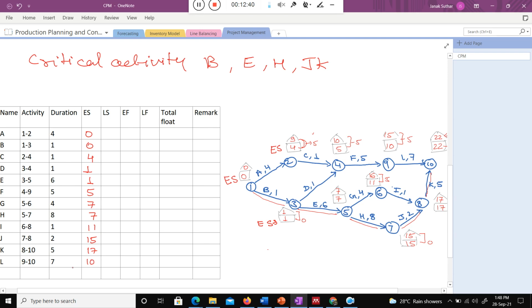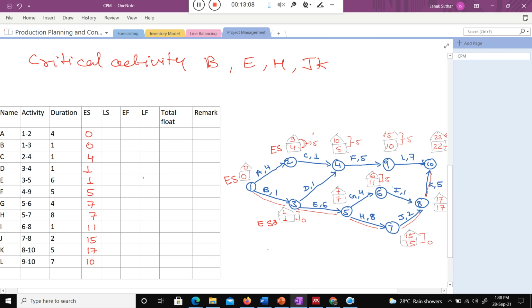So this is the early start of each activity, means when earliest you can start activity A, activity B, activity C, that indicates this particular number. Earliest start means I want to start activity C, so I cannot start now. The earliest start of the activity is 4. You need to wait at least 4 weeks to start this activity C. Are you getting my point? So that is the early start.